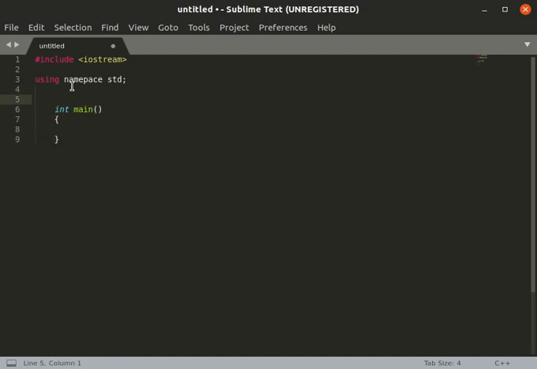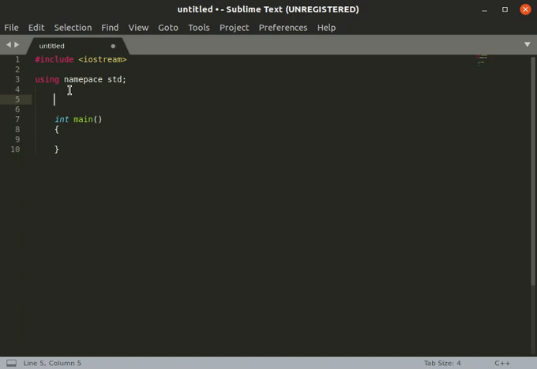So basically what we want to do today is add two numbers which can be of float data type, integer data type, or double data type, and we want to decide at runtime what data type those two variables have.